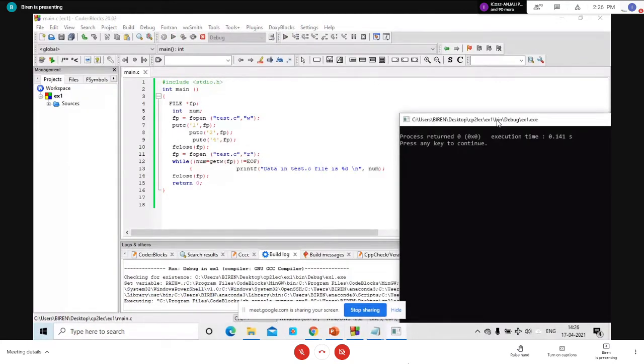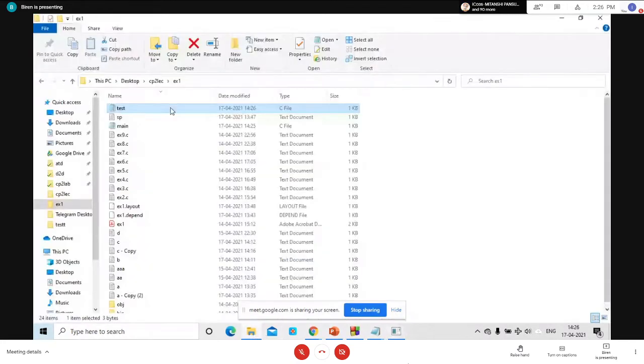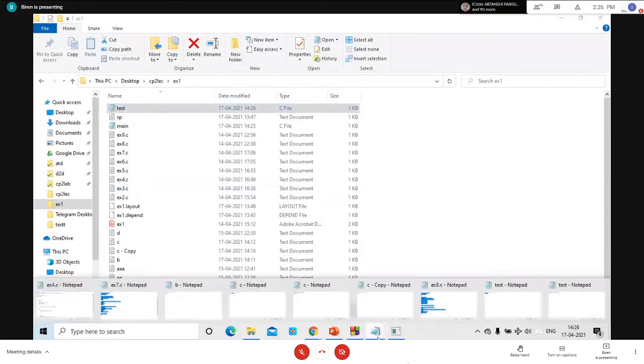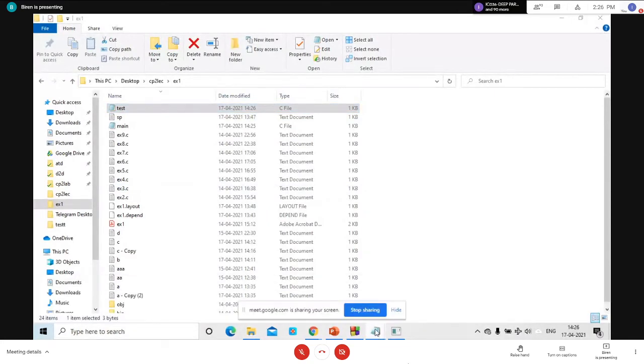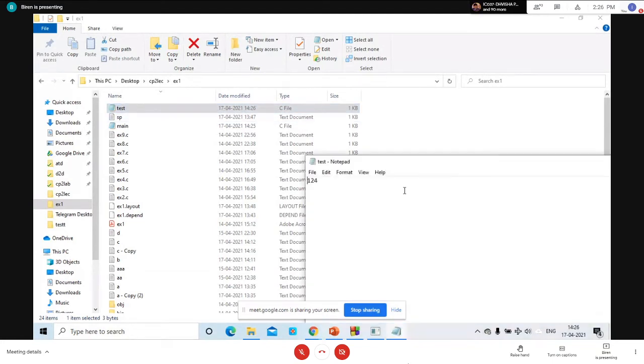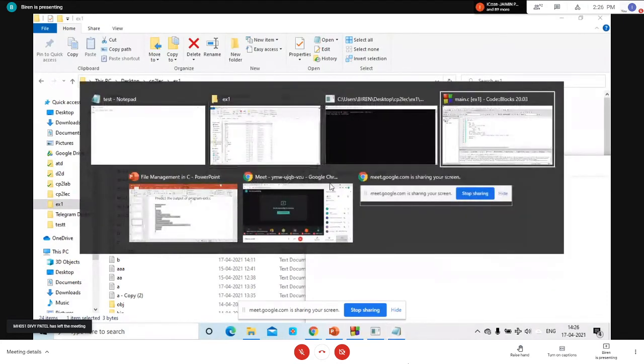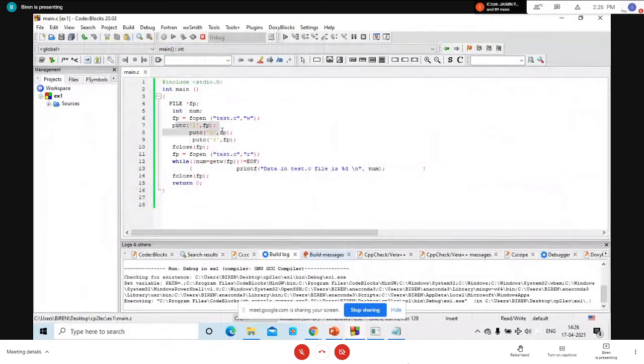Can you tell me why you are observing nothing on the output screen? Because we have some data in this test.c file. Let's check test.c. You can see we have this data 1, 2, 4, 1, 2, 4, that we have stored using the putc function.